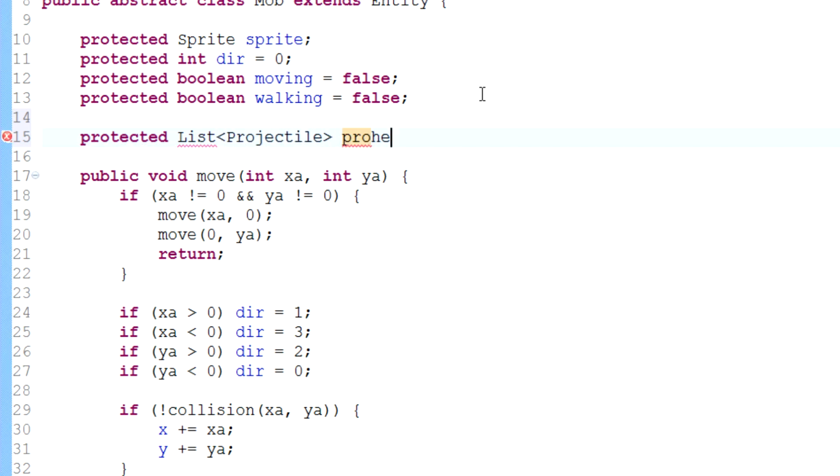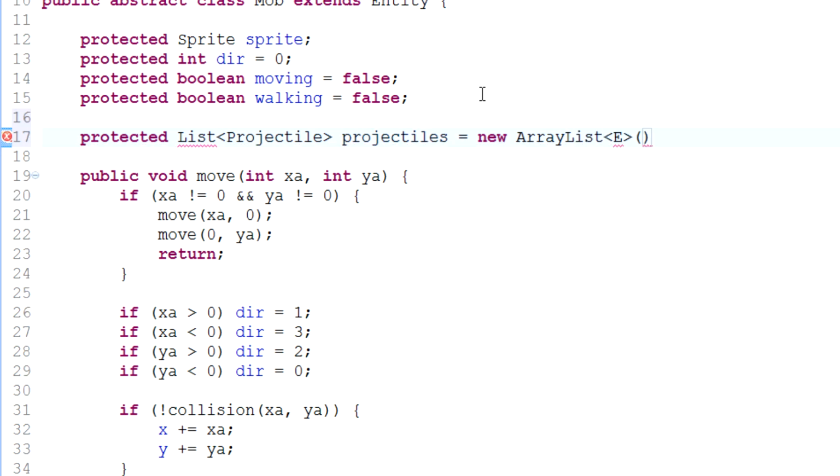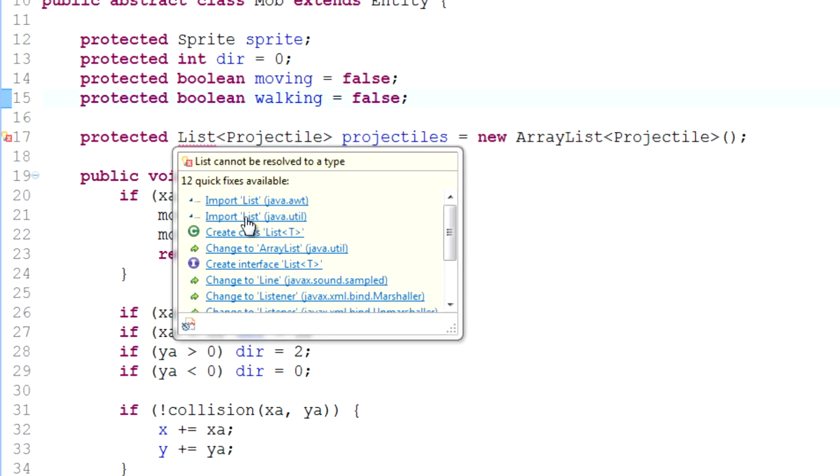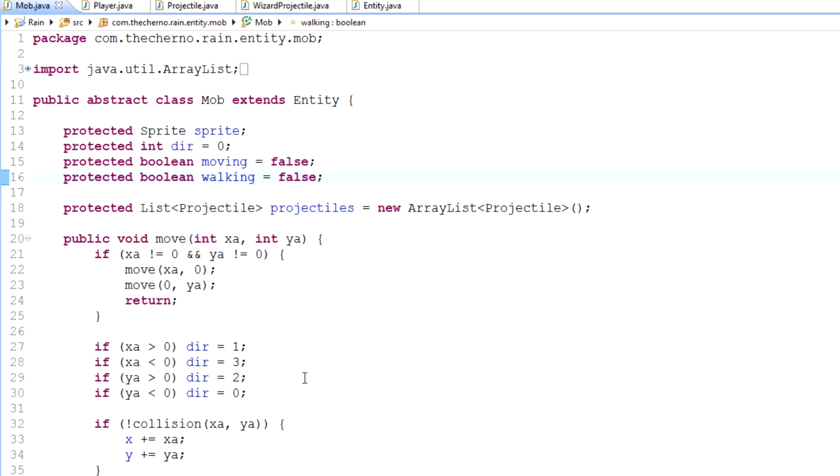So projectiles equals new array list projectile. Okay, sweet. So the reason I made this in mob and not in level, even though I was very tempted to actually put it into level, was because this way we can actually trace back who owns which projectile